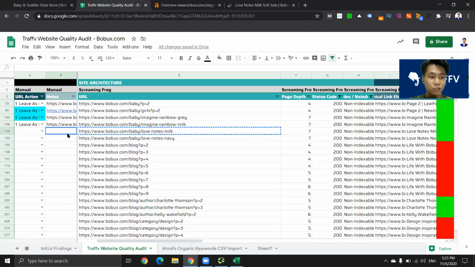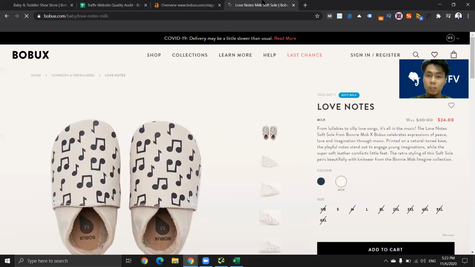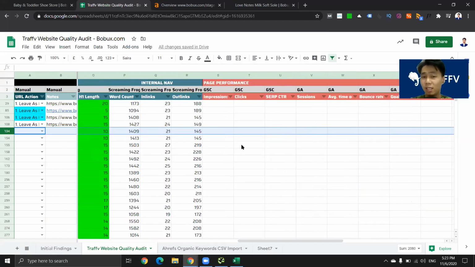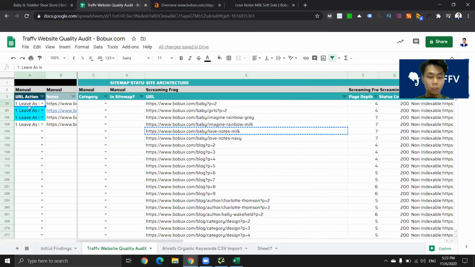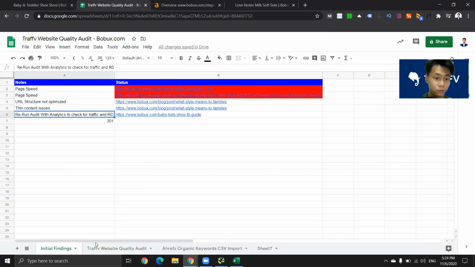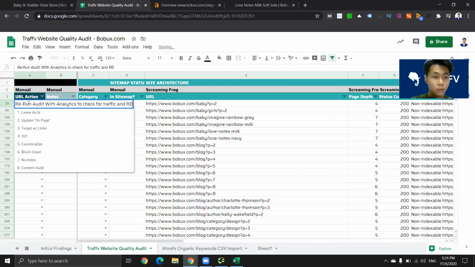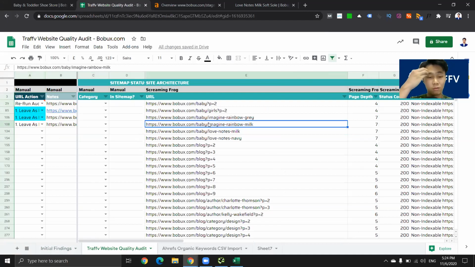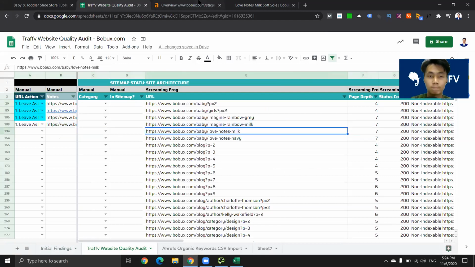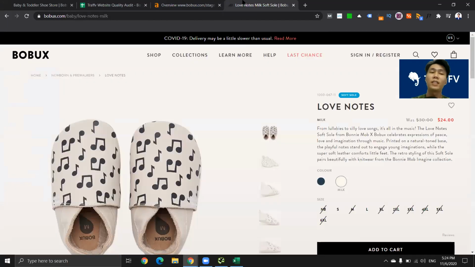Okay, so what I like to do with all this is I need to recheck this, because there's not enough data for me to look at. Usually I will take a look at whether this page is even getting any sort of traffic, because by right it's not supposed to get any impressions and clicks. And if it does, then I will, actually, I think we can just leave it as it is, to be honest, because even if it gets traffic,